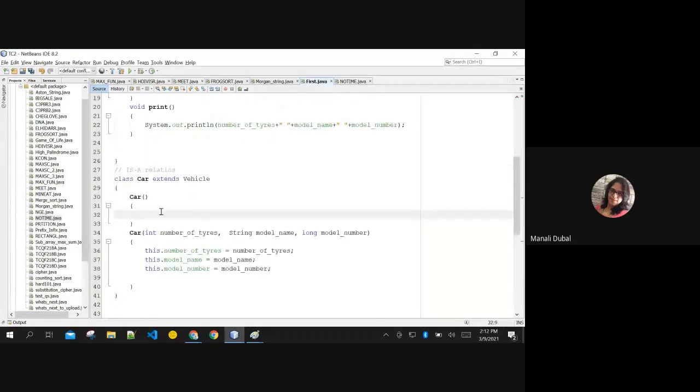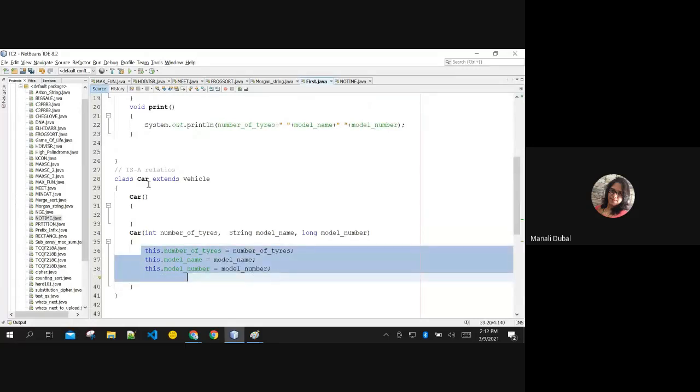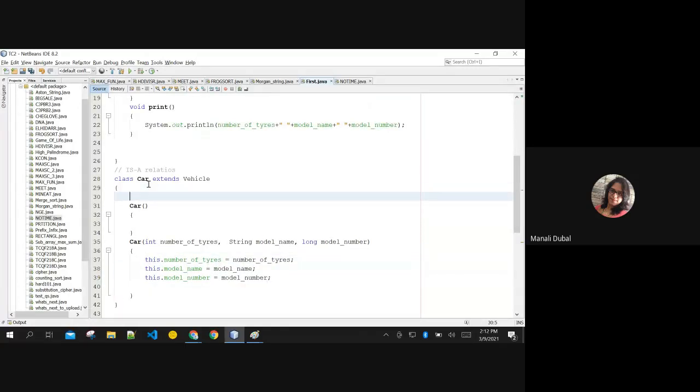Now, this is a relationship. I can use these variables here itself, meaning I need not declare them again and again. Although this class car can have its own personal variables here also, and I am defining that. I'm defining color here also, one more variable of type color, so that I can also assign color to my car. What I am saying is, apart from having its own property,